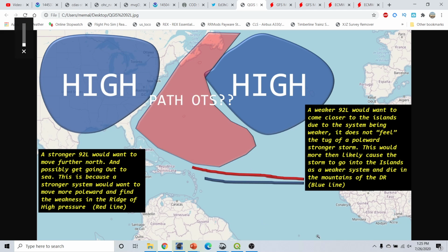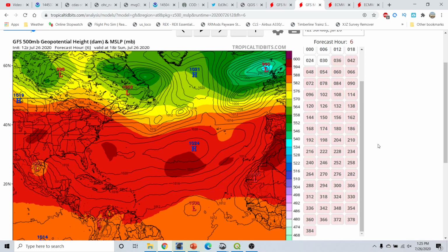But again, it really determines A, the strength, and B, the strength of this high pressure ridge, because either one can have a fairly significant determining factor on where this is going to end up being. And that's a very significant thing. And if we take a look here at the GFS, this is the 500 millibar layer of the atmosphere,